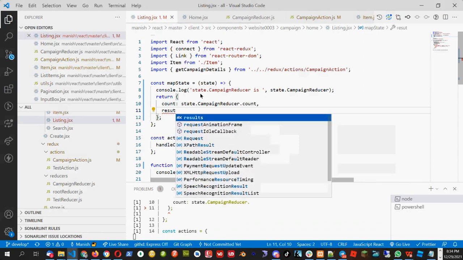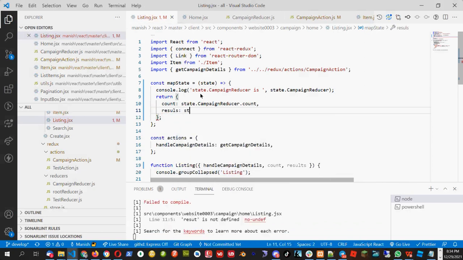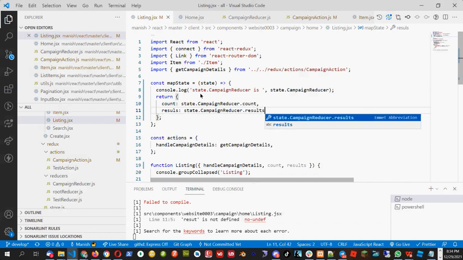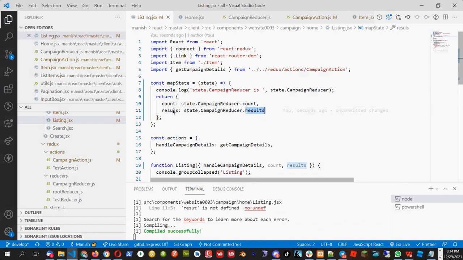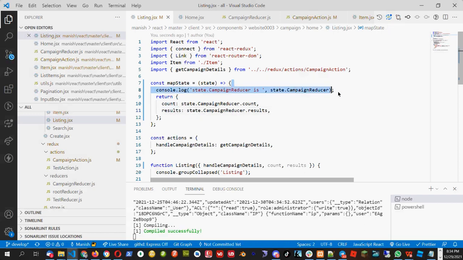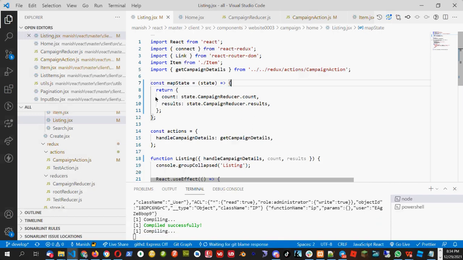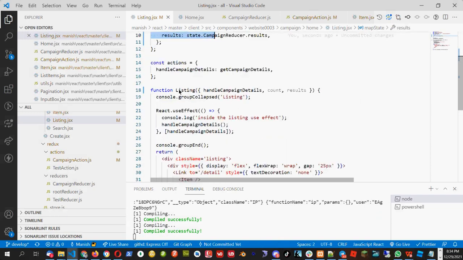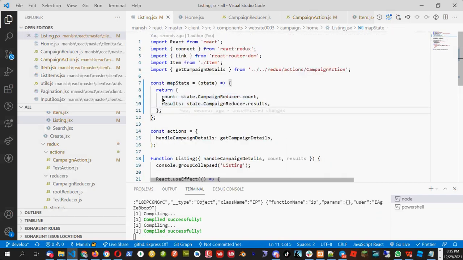Then if I want results, I will say state.campaignReducer.results. Okay, so we get both the things. Now, how to use both information in the component? So when I put here count and results, it will automatically come here in the props as count and results.